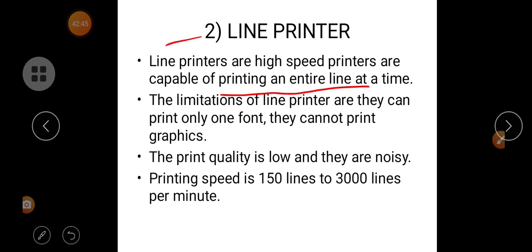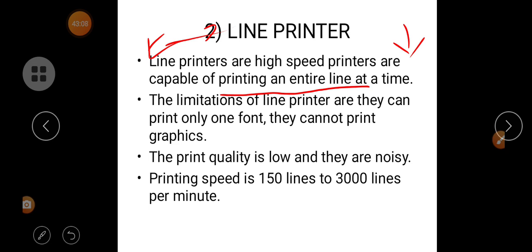See, for example, if we give an entire line to the line printer, it prints the entire line, whereas the dot matrix printer is going to print dot by dot. Okay. See, the limitation of line printers is that they can print only one font.